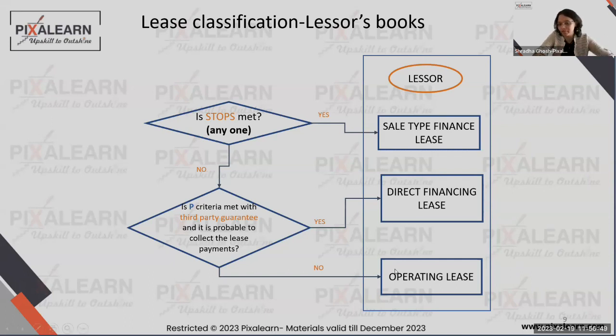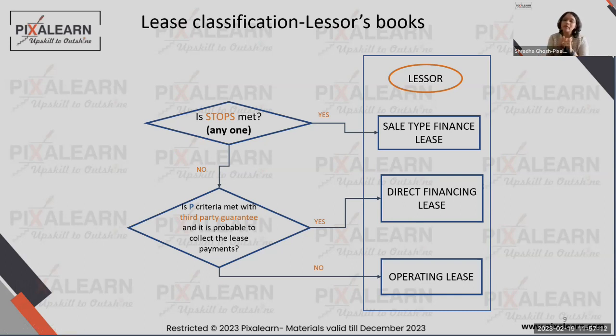Now, in real life, guys, you will see that it's either a sale type lease or an operating lease. This is very, very rare, because it's very rare that the third party will come and give you a guarantee for the residual value. But technically, this provision is given to you. And what we tell you is this. Now, see, this is like an influx situation. Now, can you understand, guys?